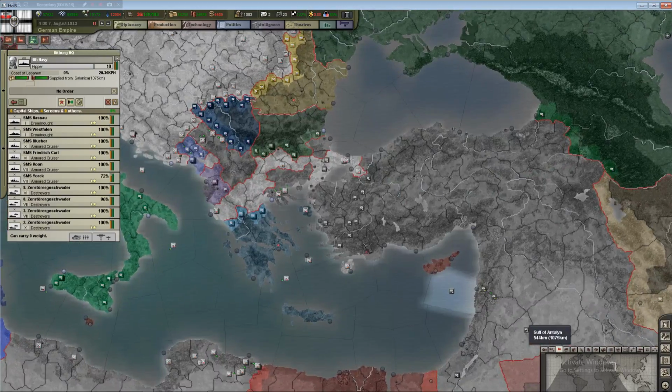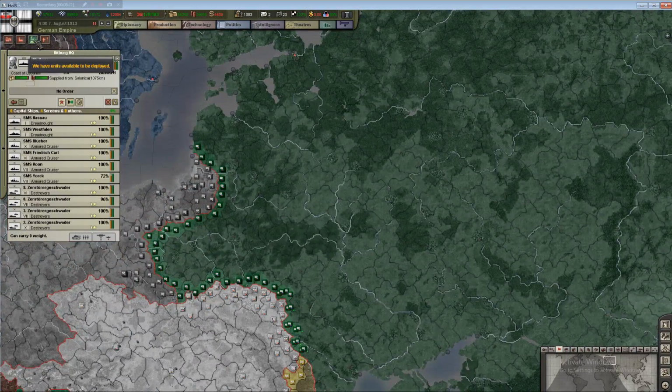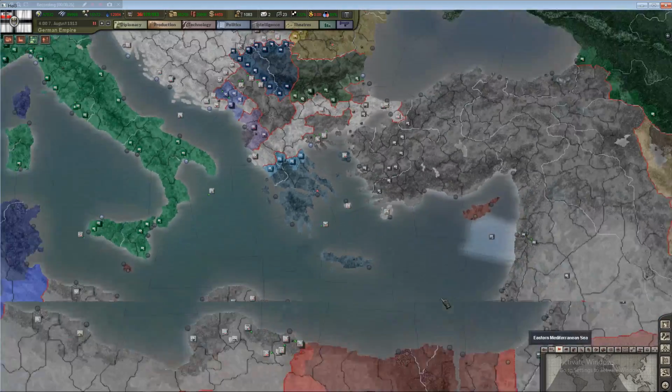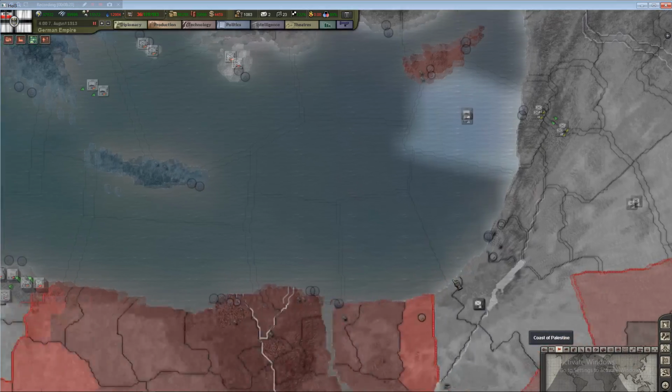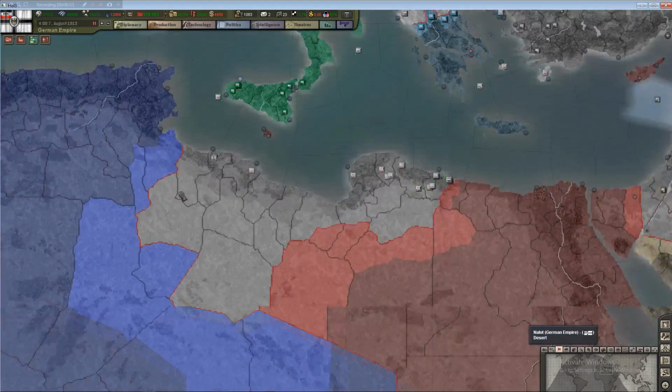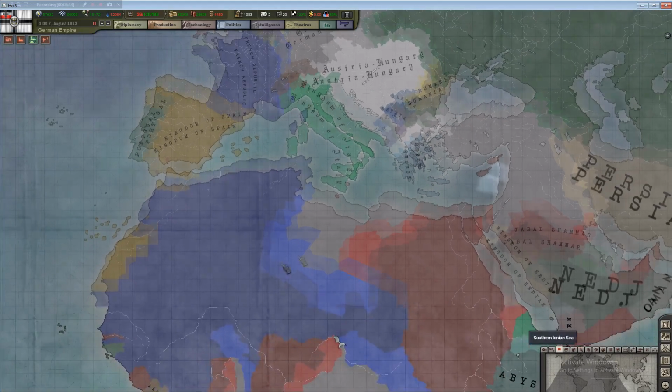It's a little messed up. But that's pretty nice, actually. That is very nice. Let's see, what do we want to do here? Because this is part of the United Kingdom. This is all part of the German Empire. This is part of France. So we're going to want to...